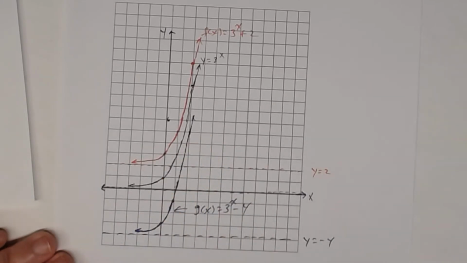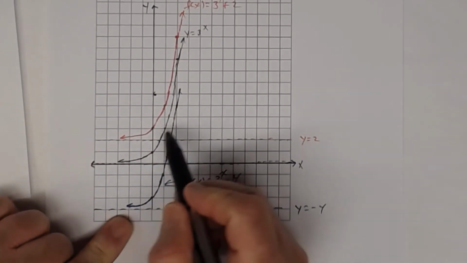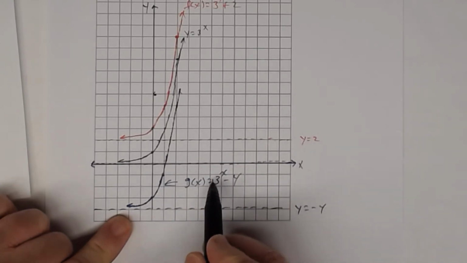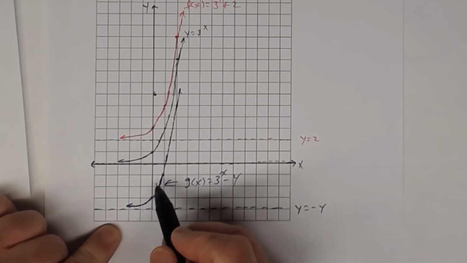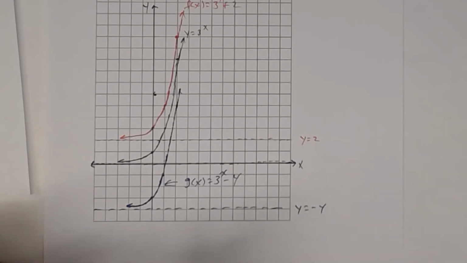So notice the reason why, and this is one of your lessons that we talked about, the reason why it's increasing here is because if you look at the base, it's a number greater than 1, right? And so since that base is greater than 1, that's why it's increasing. But if this base was a proper fraction, like 1/3, let's look at that. I just want to show you something. So if the base is 1/3, so for example, if you wanted to graph,